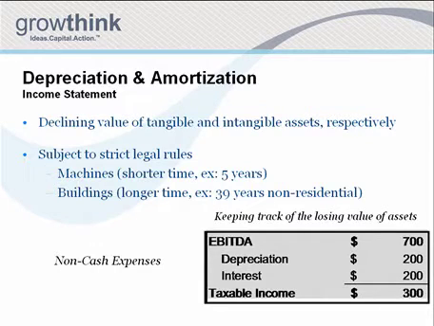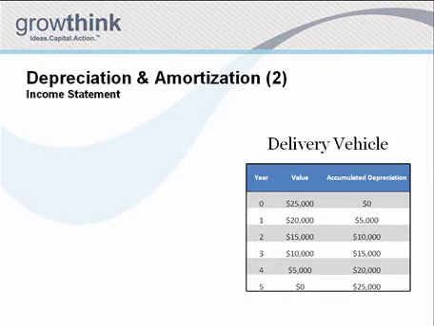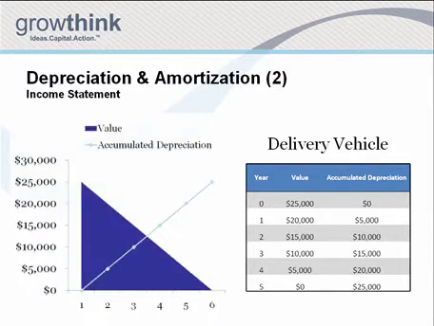It'll make your year one income look terrible, and that's just not right or fair, because you're distributing that asset over a multi-year period. Now, let's give an example of a delivery vehicle on depreciation and amortization here. If you buy a delivery vehicle, you don't expense it on your income statement. Buying a vehicle for your business, let's say you're